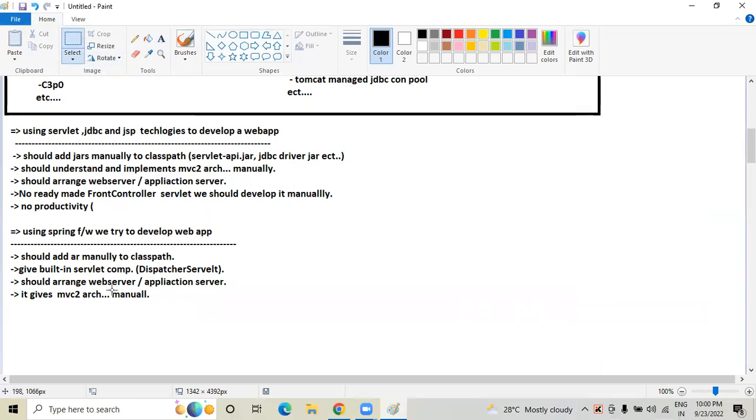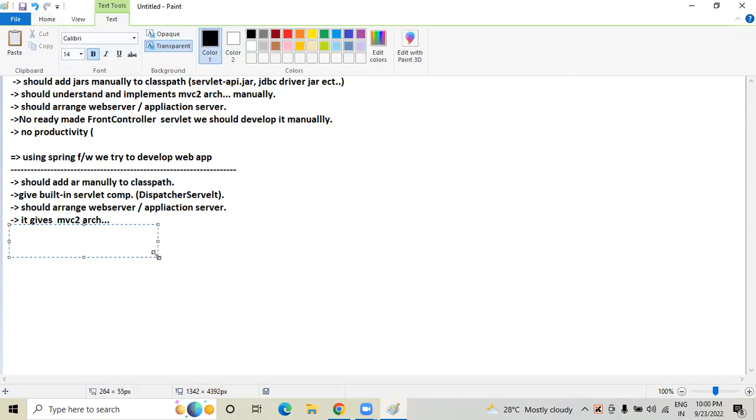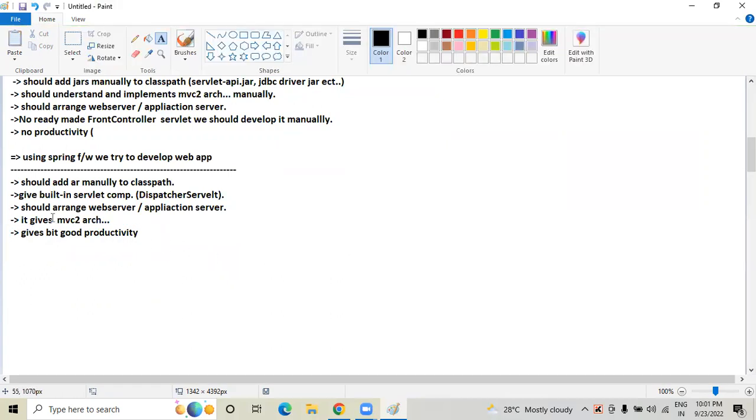Let's give MVC architecture. Okay, at this point it's giving some little bit of productivity, because some implementation is too bad. It gives a little bit more productivity. Why? Because it's providing MVC architecture while using the Spring framework, and the Spring framework has design patterns for Spring